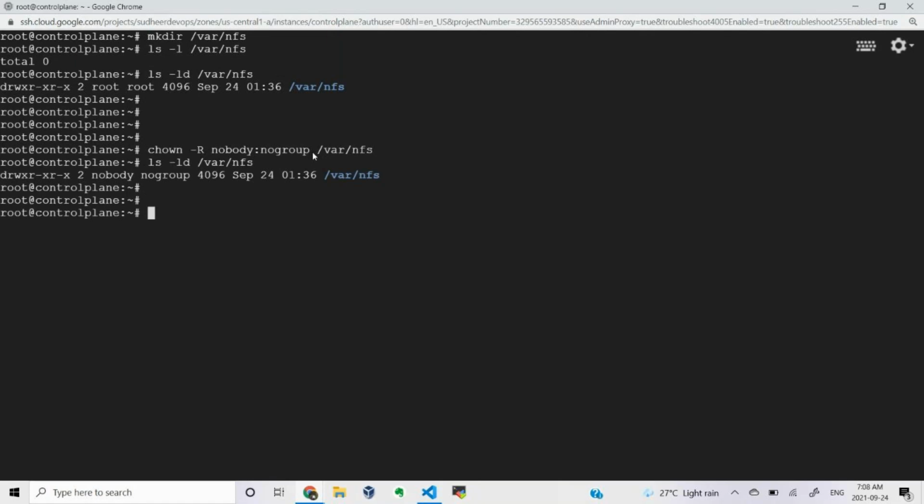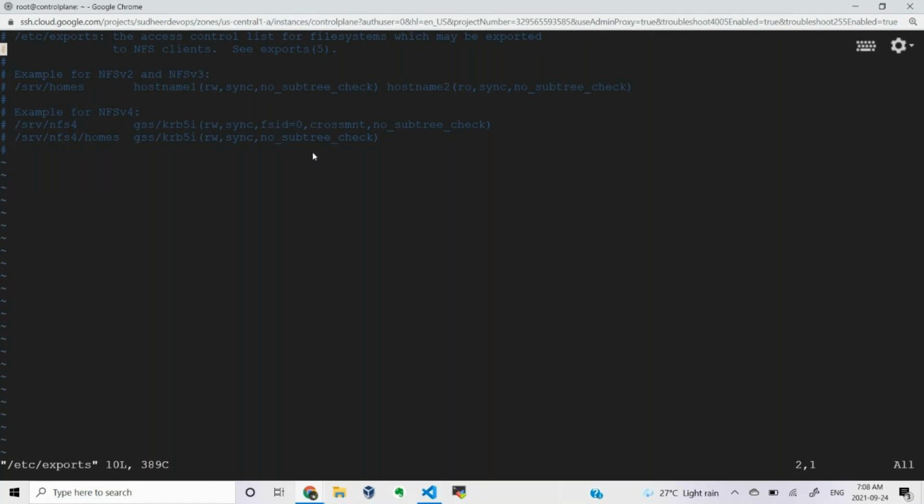Now this directory I want to expose in my NFS server, which you already know. The file name is /etc/exports. So let me take one example. In the first column we have to mention which directory we are exposing, so /var/nfs, and to which network we want to expose it. Let's say I want to expose this directory to all the clients connected to the network 10.128.0.0/16, for example.